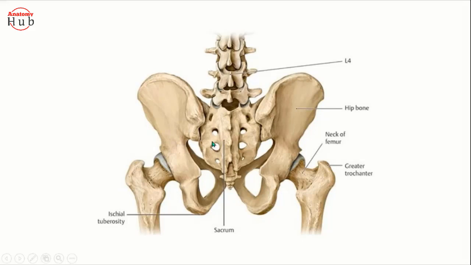So first we'll see the gluteal region. Gluteal region means the muscles present at the posterior part of this pelvic girdle, or the posterior or outer surface of the pelvic girdle, and it actually includes the buttock region,